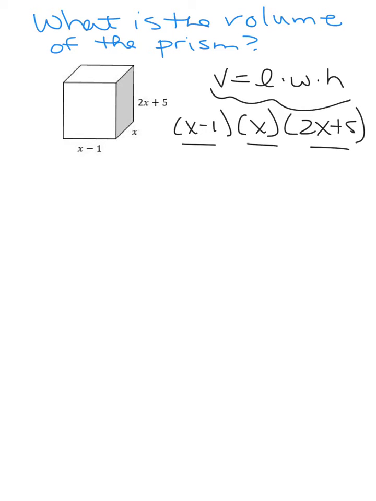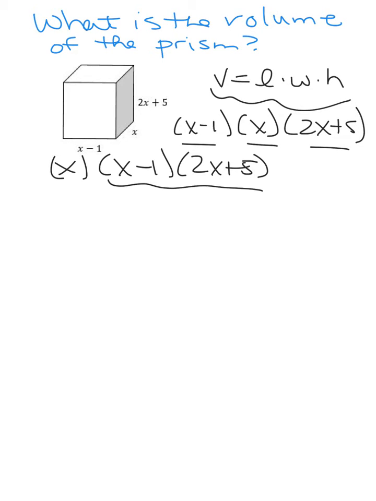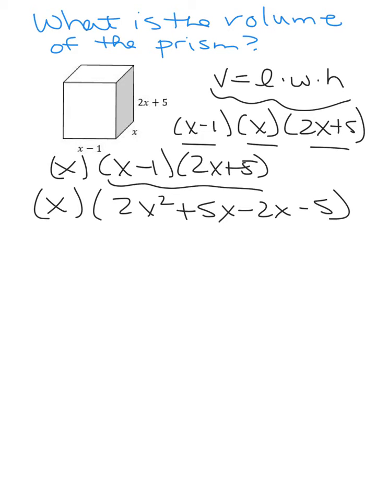So first I'm going to multiply my x, and then I'm going to do x minus 1 times 2x plus 5. Now I know I have two binomials here, so I'm actually going to use FOIL. I'm going to leave that x there, and I'm going to come back to that. So that gives me 2x squared is my first, my outside is 5x, my inside is negative 2x, and my last is negative 5. So again, if I clean that up a little bit, I get 2x squared plus 3x